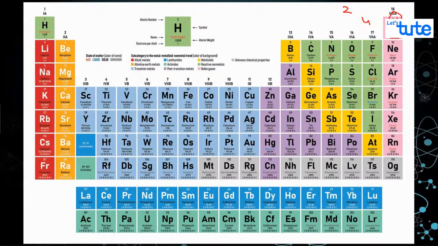For lithium, the atomic number is 3, but the mass is actually somewhere around 6.7. Okay, so we can consider it as 6 also. So 3 2s are 6. Okay, so this can be a condition which we can follow. If you try to understand boron, the atomic number,